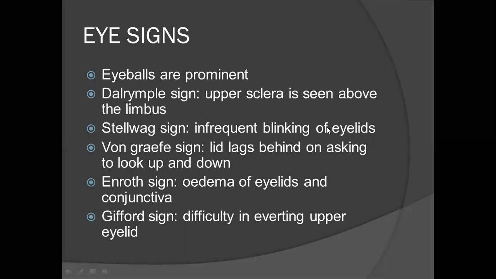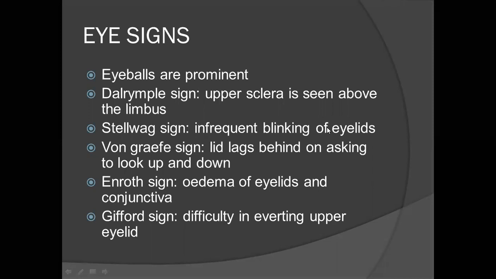Usually the eyeball will be behind the supraorbital ridge, so normally you will not see the eyeball when you look from behind. If the eyeball is projecting beyond that supraorbital ridge, then that means exophthalmos is there. That is called Naffziger's sign. So with a prominent eyeball, the first thing we want to establish is the upper scleral margin and whether the eyeball is projecting beyond that.